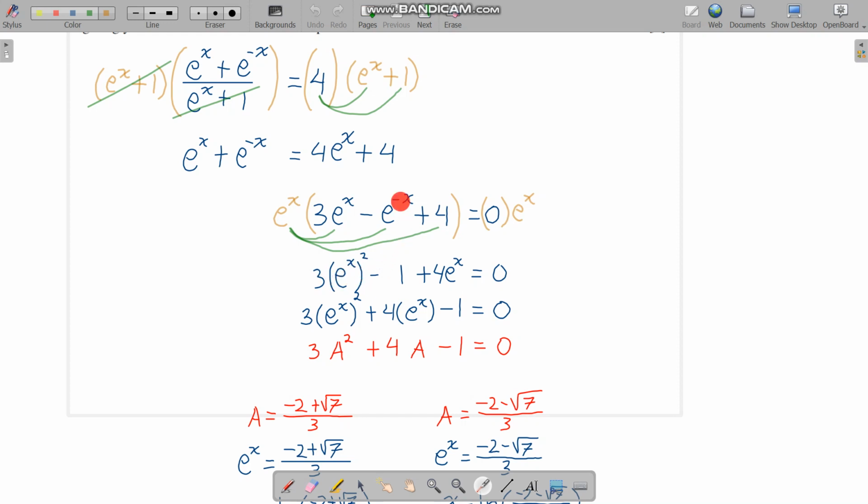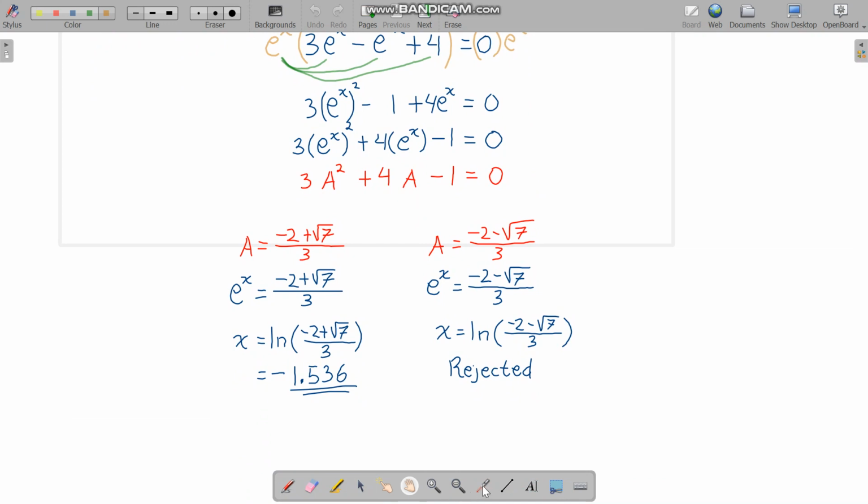And if we multiply this by e to the x, we get e to the power of 0 or just 1. Multiply this by e to the x, we get this. This is now a quadratic in terms of e to the x, just like 3a squared plus 4a minus 1 equals 0. We can use the quadratic formula, the ABC formula, and we get the possible a values, positive, negative. And if this is a, the a is e to the x actually, so e to the x equals this,